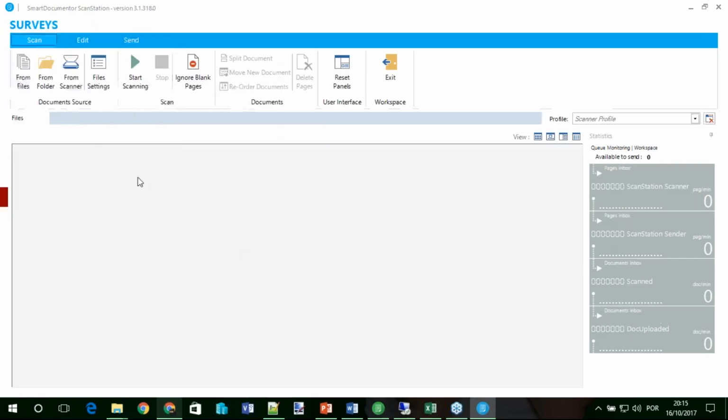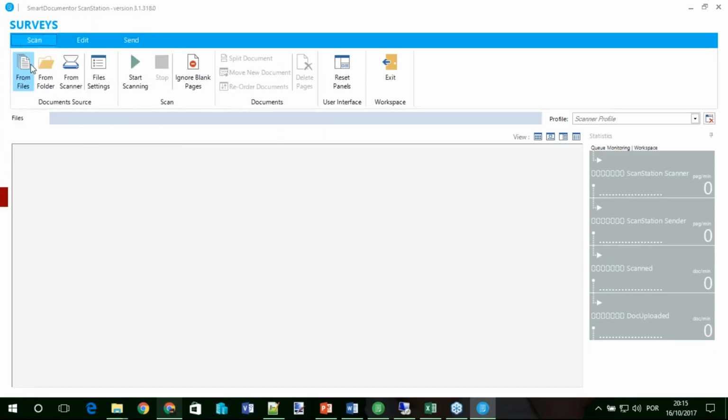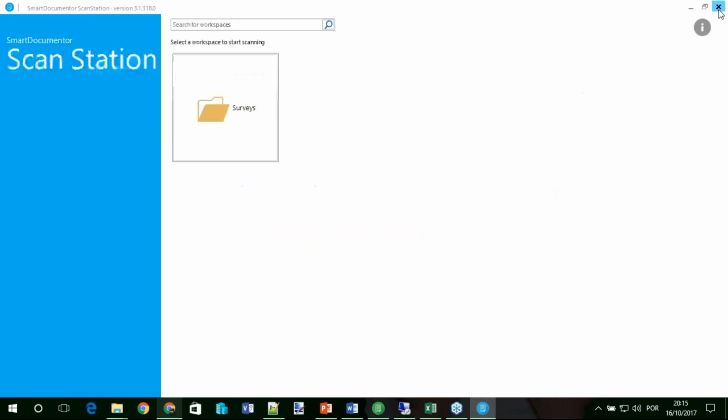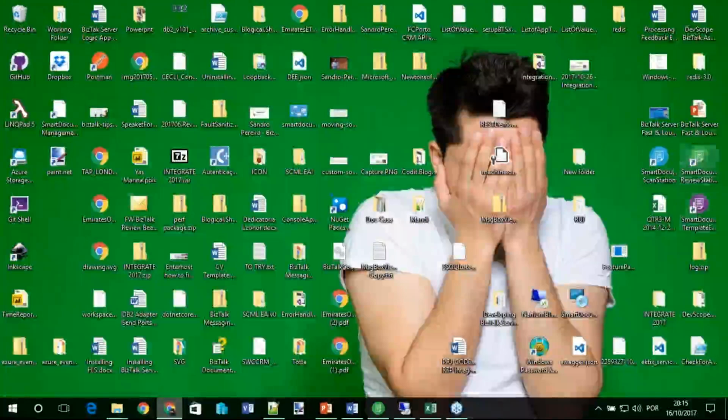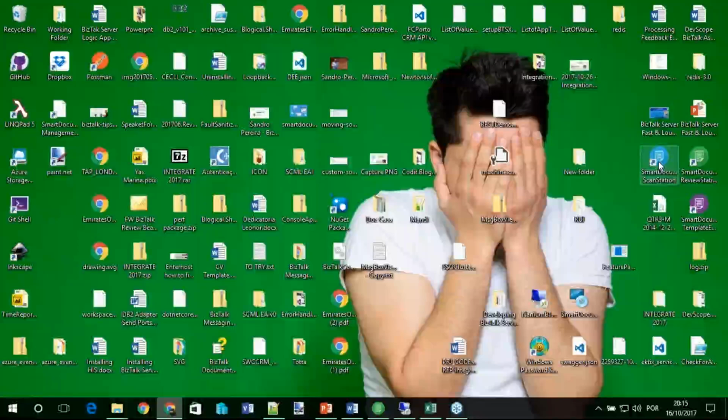This one is for scanning from the scanner itself. There is also a tool for workflow to define all the steps that you want to scan from the scanner, translating, validating, and so forth.